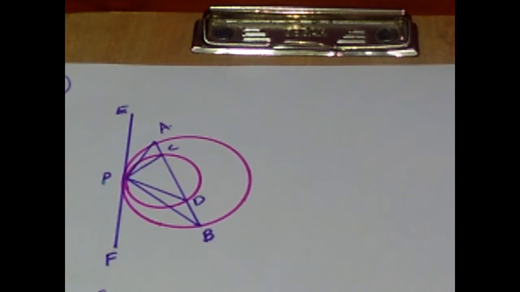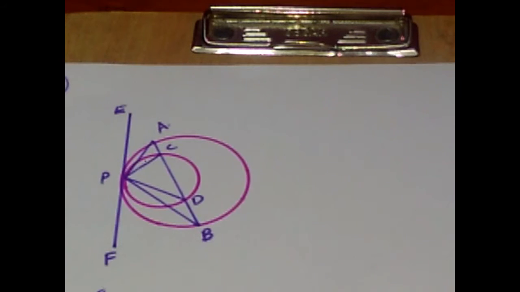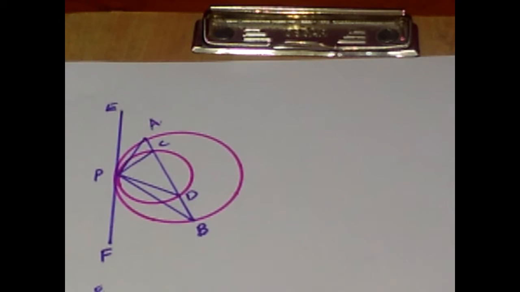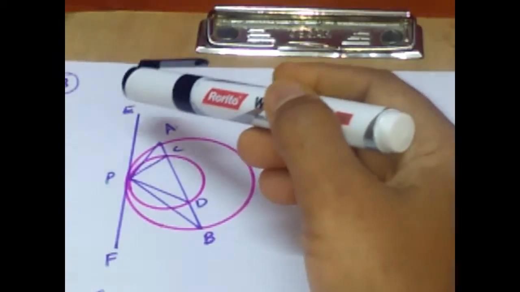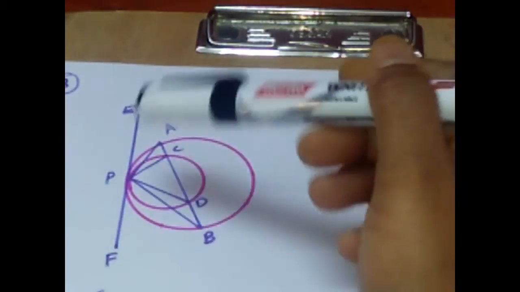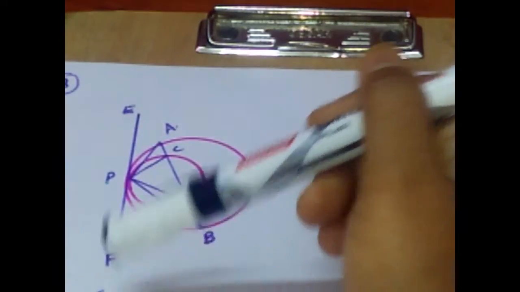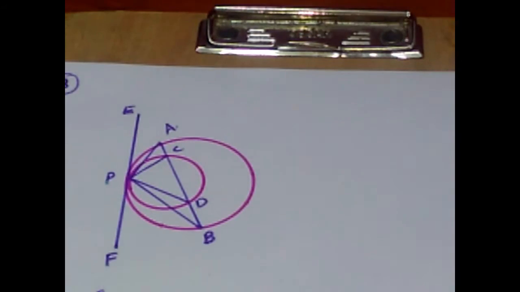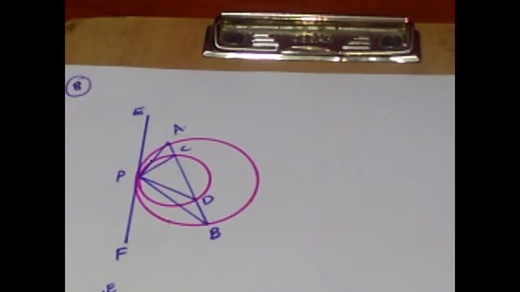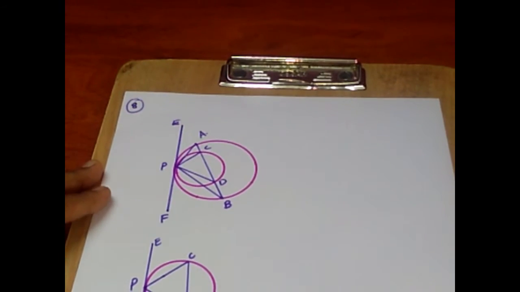So in this problem also, we can find two circles which touch at the point P, and there is a construction suggested in the question that a tangent at P has to be drawn. Hence, I have named it as EF. EF is a tangent which touches the circle at the point P. As in the previous problem, let us rewrite the diagram into two parts.